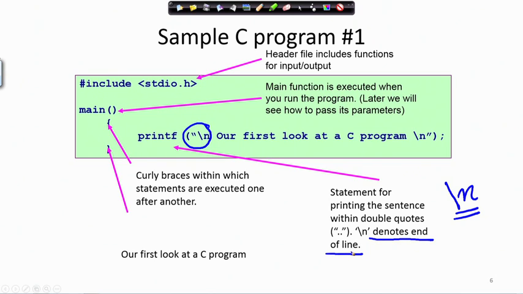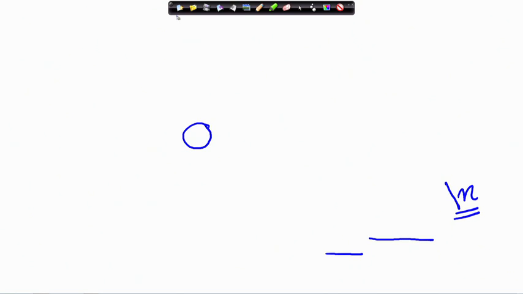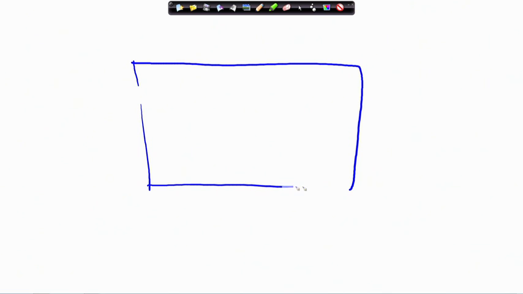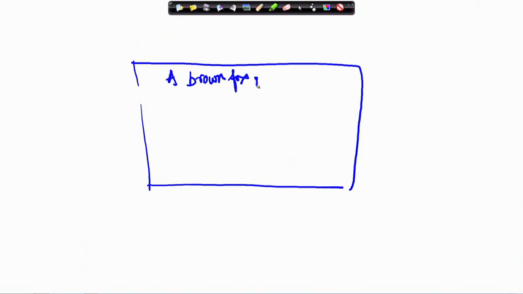Now, suppose I had printed something, there is a screen, and I had printed a brown fox. After the computer printed it, you can see where my pen is, my pen is lying here.